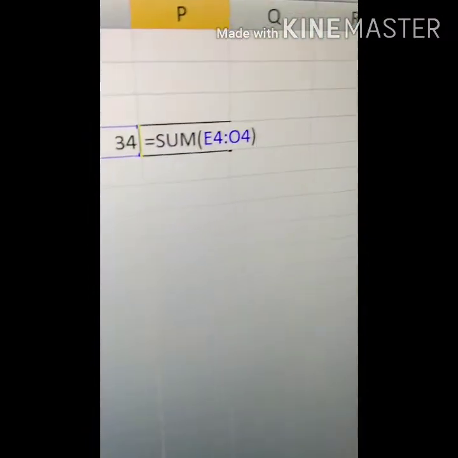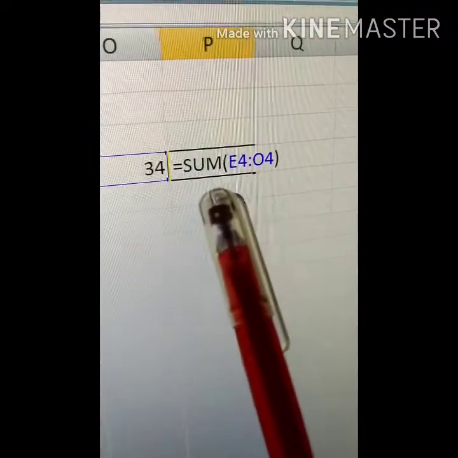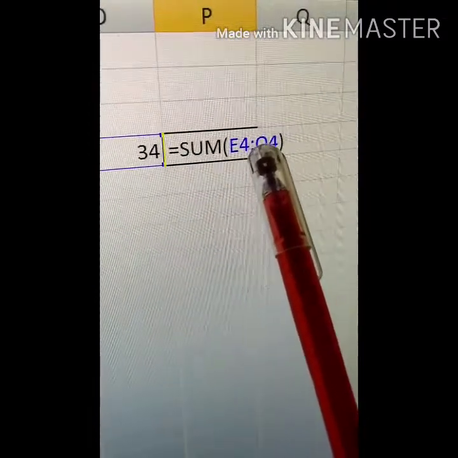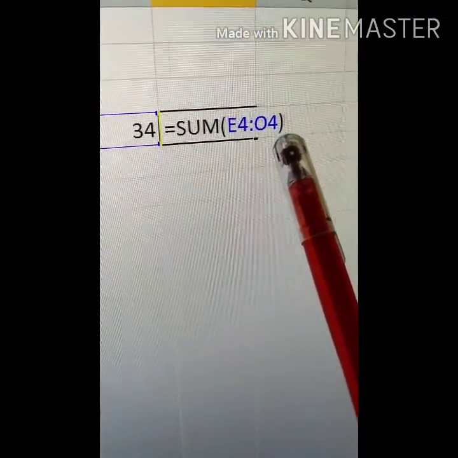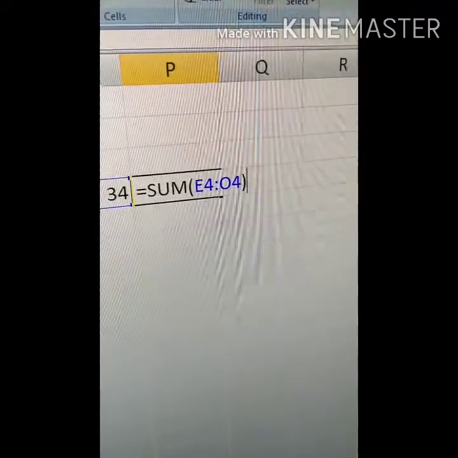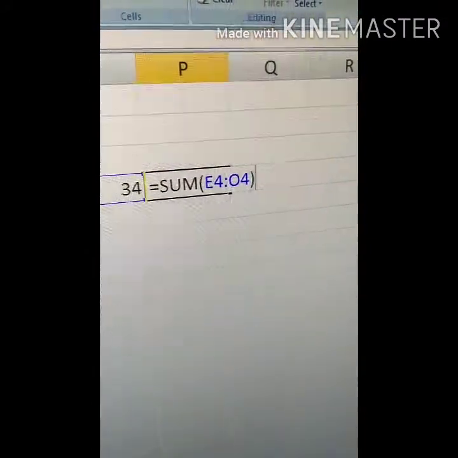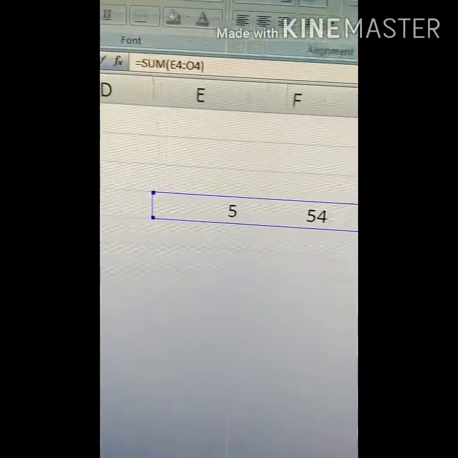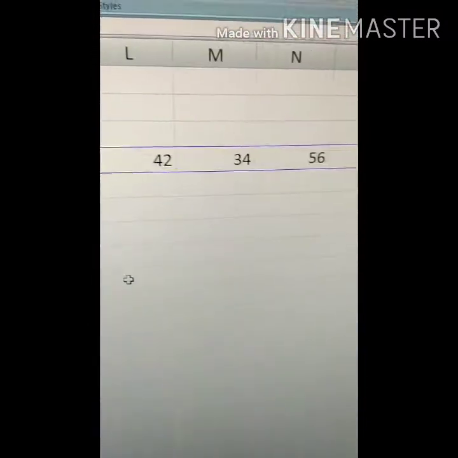In this formula we have given E4 colon O4. This is an example of a range of cells. We have given a range of cells. The blue color indicates it. And second, I am giving you a single cell example.